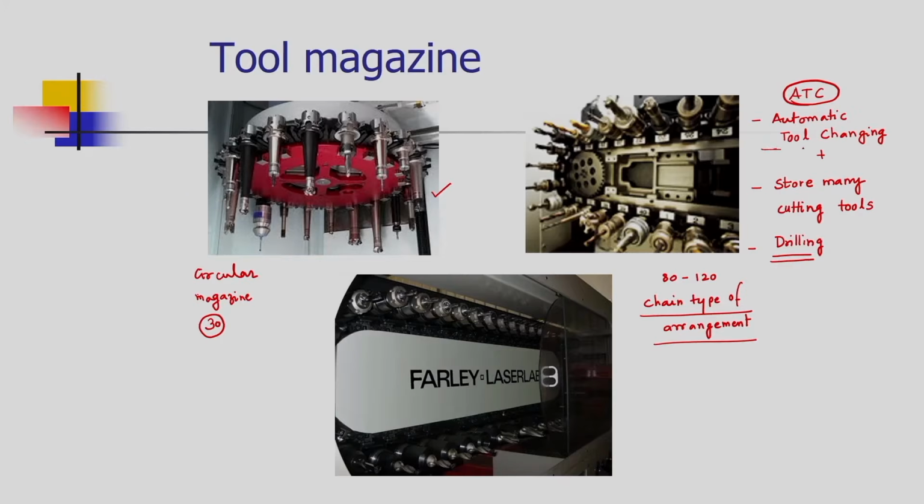So, the removed tool will be taken to the magazine and stored at an empty slot, and the designated or desired tool will be taken from the magazine and set at the spindle of the machine tool. So, that is the automatic tool changing operation. This saves a lot of time and it enhances production. So, production rate enhancement is the ultimate aim of providing the tool magazines.